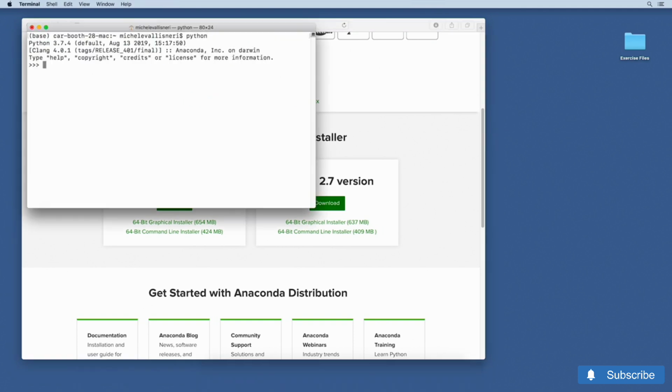This gets us into the standard Python shell, where we can write and execute code interactively. The prompt informs us that this is indeed the Anaconda version of Python 3.7. It's traditional to just say hello. We can also verify that all the packages we need are already installed by attempting to import them. NumPy, Pandas, and Matplotlib. No news is good news. All done. We are now ready to start experimenting with Python.